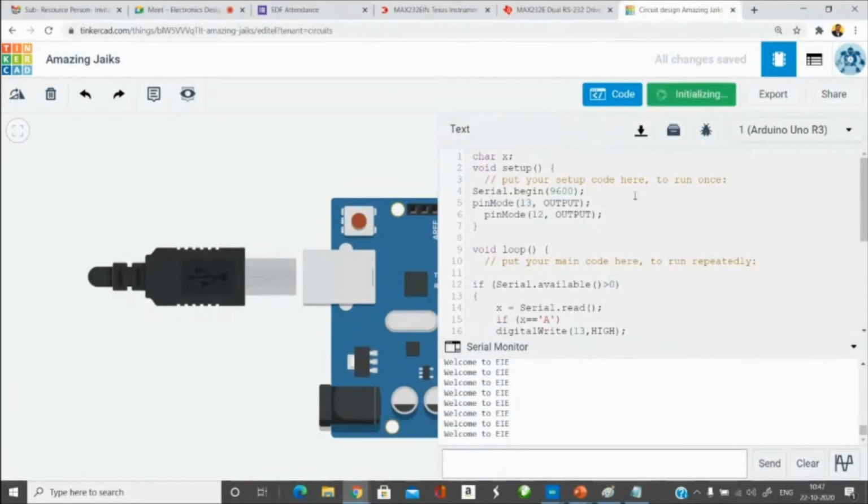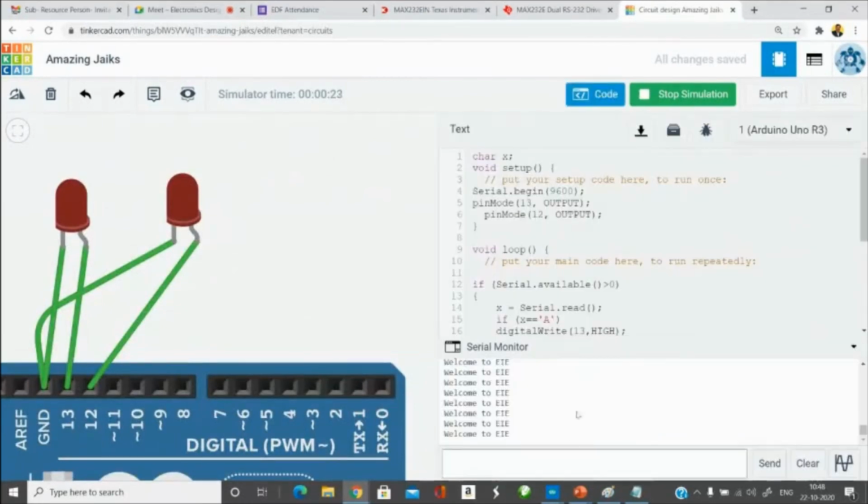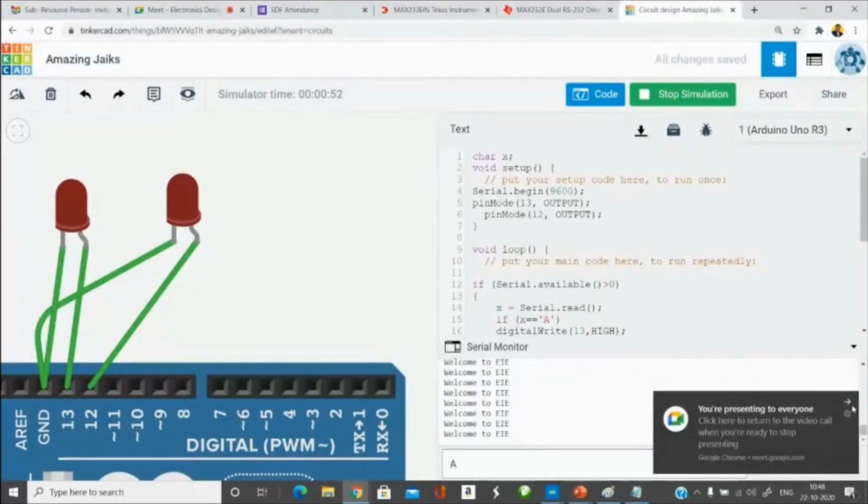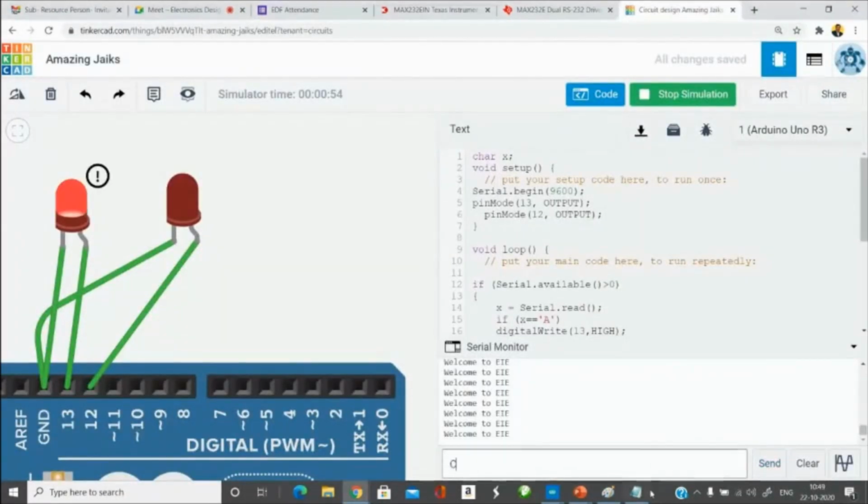So start the simulation. In the code window, we have the serial monitor. I use capital A and then send it. You can see this LED goes on. I send capital B, and that goes off. I send capital C, the second LED goes on. I send capital D, the second LED goes off. Okay, I'm not sure whether this is visible for all of you. Are you able to see this? A, I send, this LED. C, I send, this LED. I will send some other character, X, that should put off both. Okay, that's how it works.